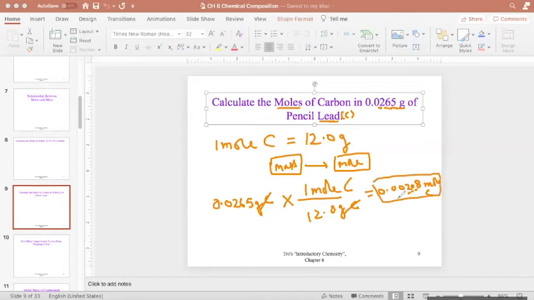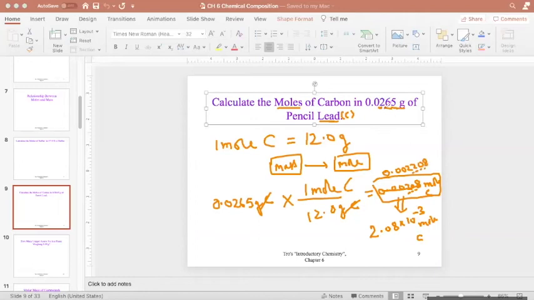That's also right. And you can also convert this number into scientific notation, which will be 2.08 times 10 to the power negative 3 moles of carbon. Oh, the answer is 0.00, you have double 2. Let me change this answer. I think I missed it. So your answer will be 0.00, you have double 2, not single, 2208 moles of carbon. So your answer over here, you have 4 significant numbers, 1, 2, 3, 4,